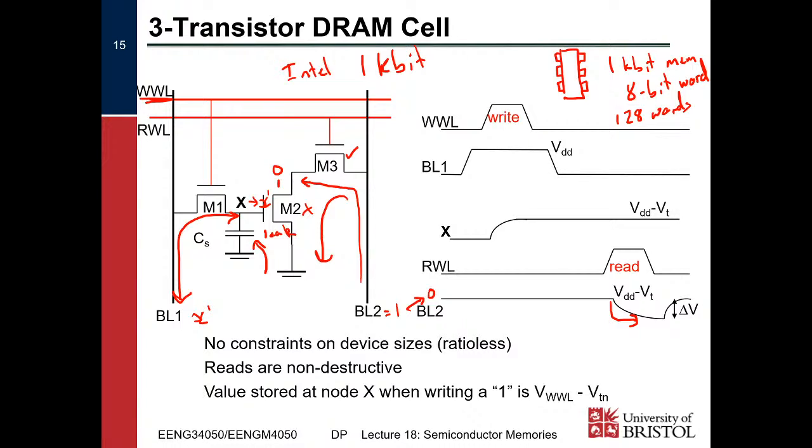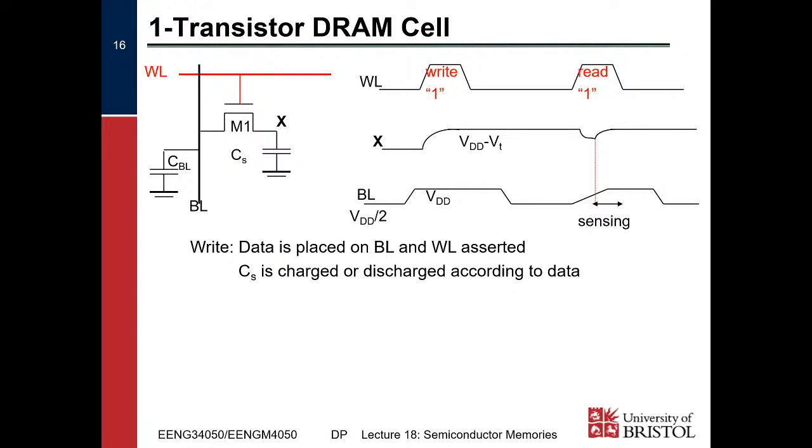Okay, so that's where this was first used, and it was somewhat popular for a while, because of the simplicity of using it, because you just have to refresh it every now and again. You don't have to worry about destructive reads, which is what we will see will happen with the 1 transistor